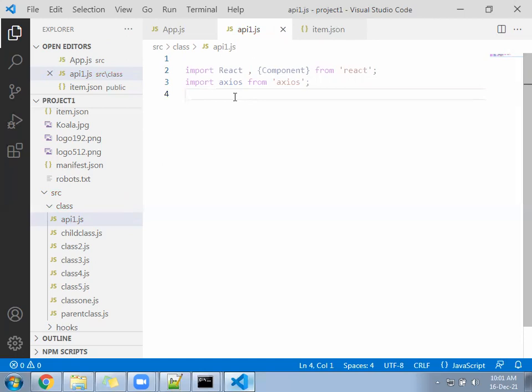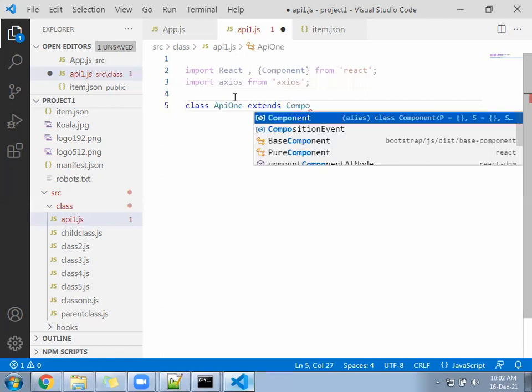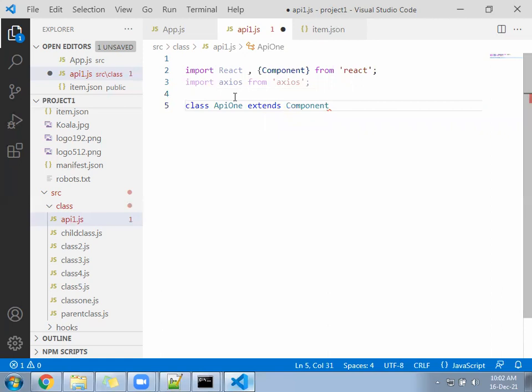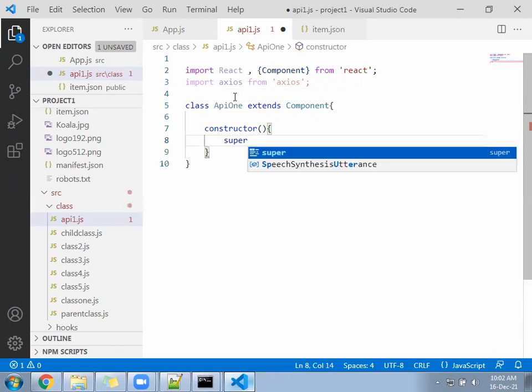Now after that, we will write a class, give class name called API1 extends Component. Go inside the constructor, you can follow, and constructor will have the super function.